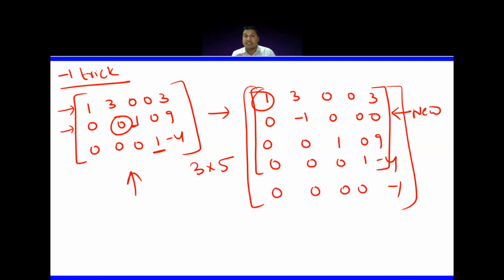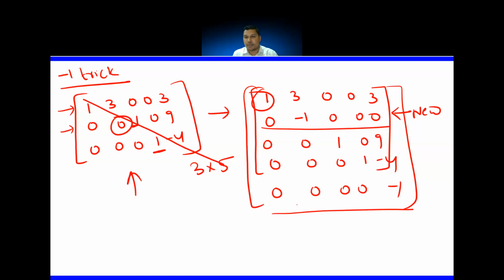So this 3 by 5 matrix, I have converted into a 5 by 5 matrix by inserting 2 new rows. Where did I insert? Wherever the diagonal elements were missing. Like this was missing. We did not have proper ones and minus ones in between. So I have added a new row here and a new row here. Okay, so this way you converted it. Now, once you added new rows to this matrix, it became